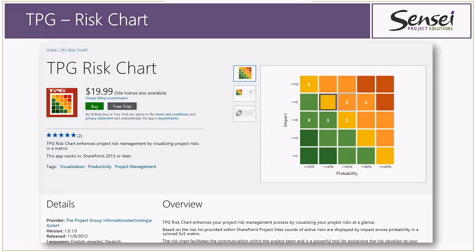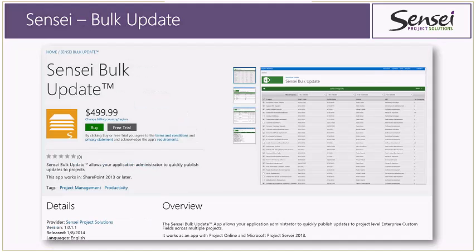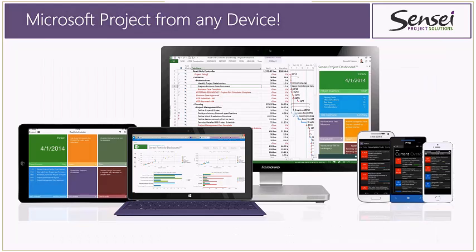I already talked to you about the bulk update app, and I guess we'll show you this one here. What we didn't show you was the phone app, and if there are no more questions, then I'll pull up a quick little video of the phone app so you can get a feeling for that. So, Ryan, do you know if there are any questions? Not at this time, Kenneth. All right. So